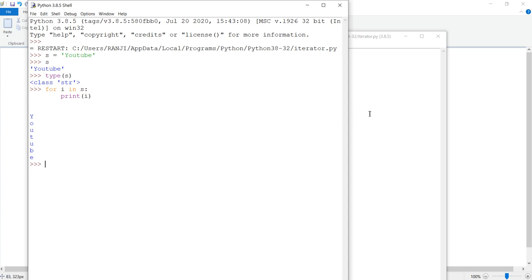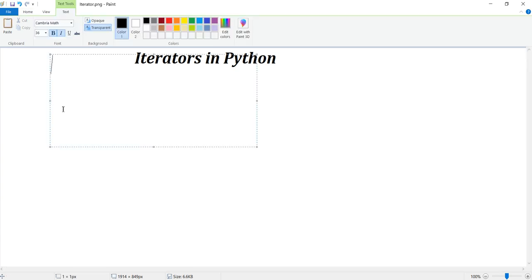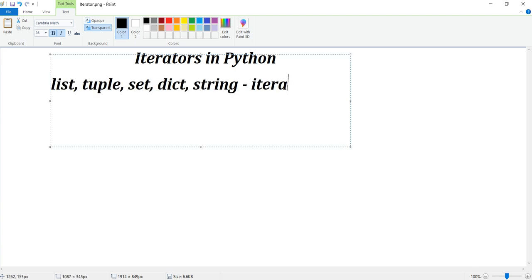These data structures, that is the list, tuple, set, dictionary, and string, are called iterables.